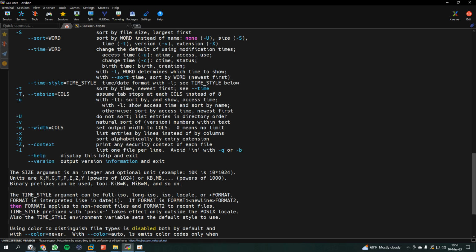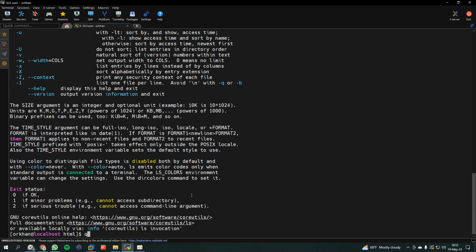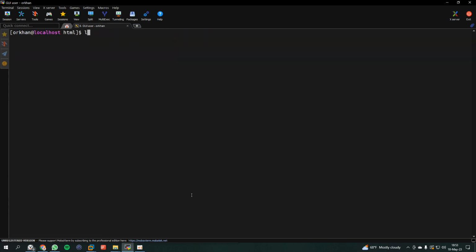It gives the security context which has already been defined by default. It's hidden inside of a folder or file. So when we do ls -dl